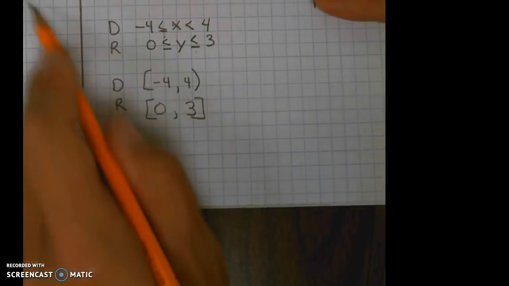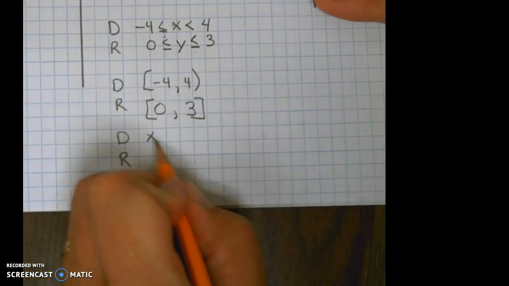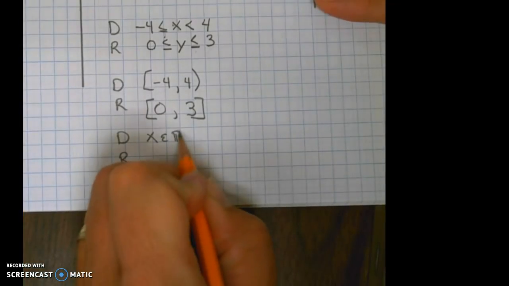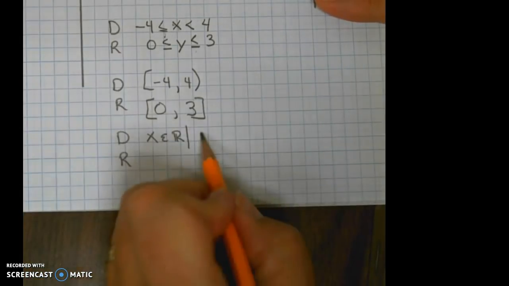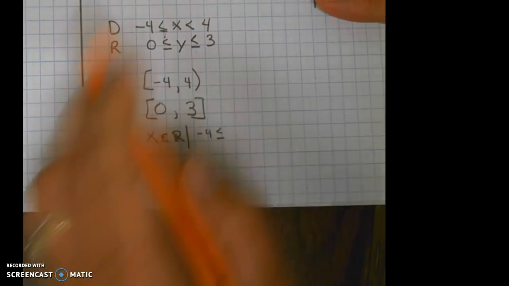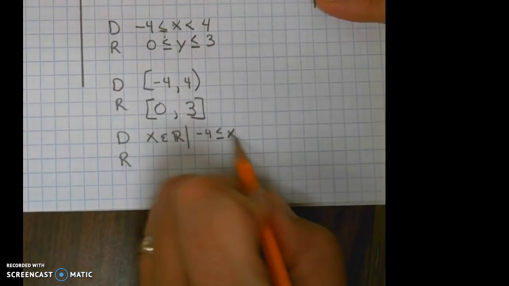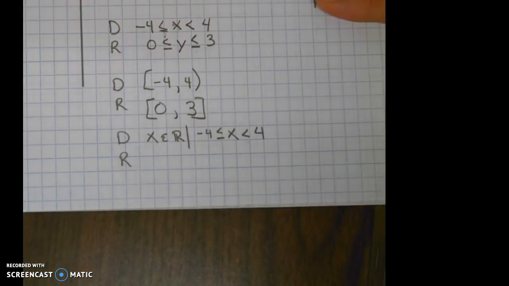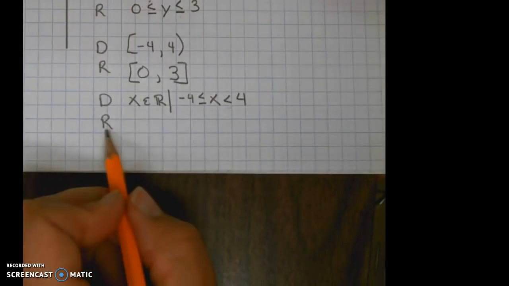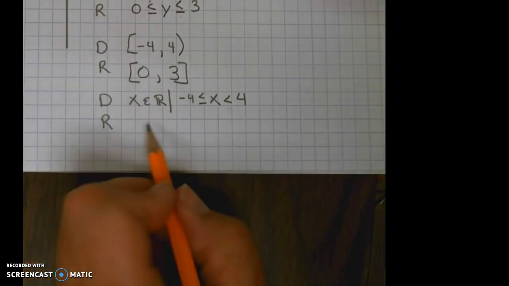Domain, again, we're going to be using all real numbers, but we do have a constraint, and we're going from -4 to +4, but not including +4. Range, we're going,